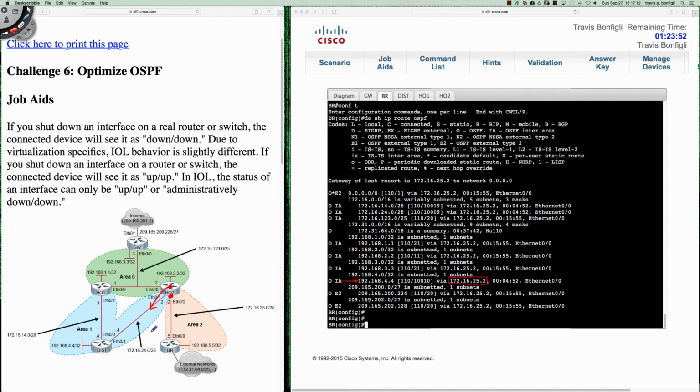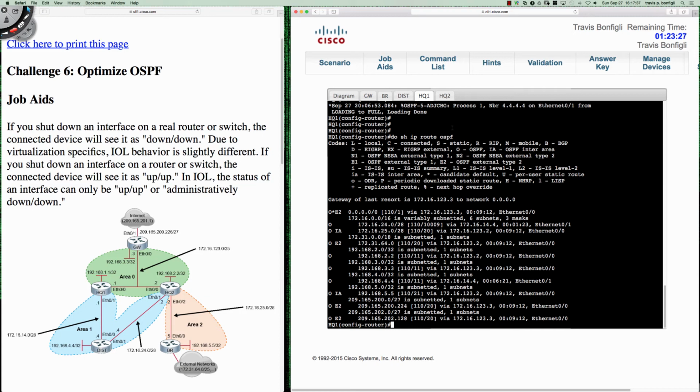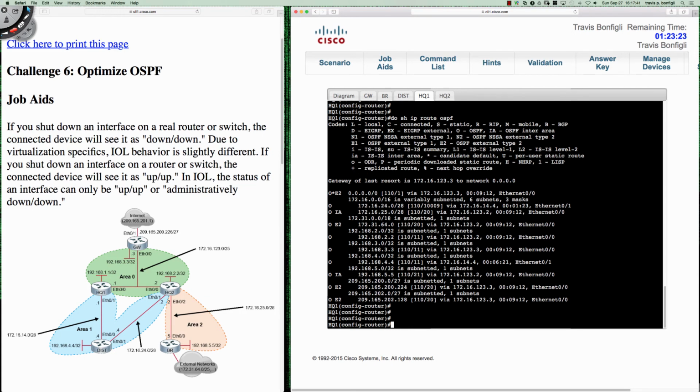And thinking about this again, we want to lower the cost of how things look from the HQ1 perspective, because we're saying that we want all outgoing and all incoming traffic to come through HQ1 to get to the distribution router. So let's go back over to HQ1, and what we're going to do is go ahead and